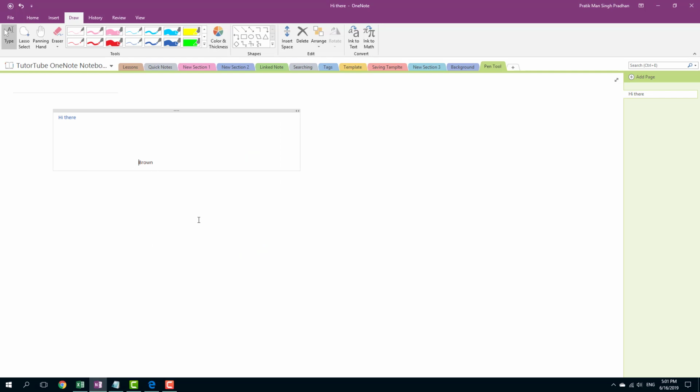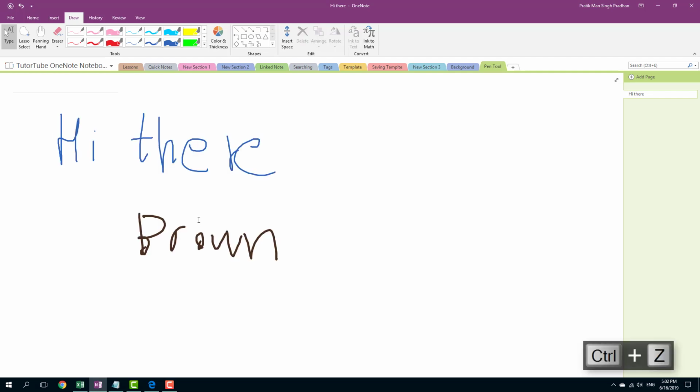So this might not be the perfect case every time. Sometimes your OneNote might not be able to recognize your handwriting, but most of the time this actually works if your handwriting is feasible. So I'm going to press Ctrl Z right here, and now I'm just going to select